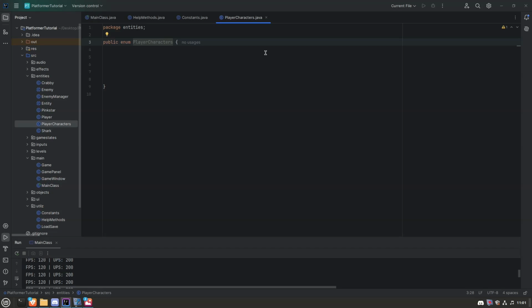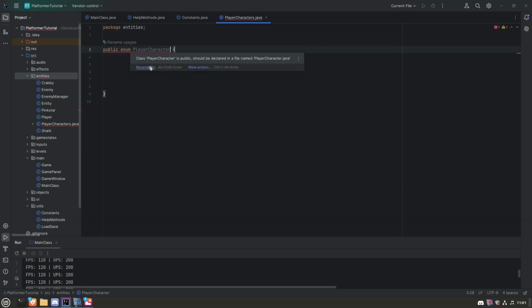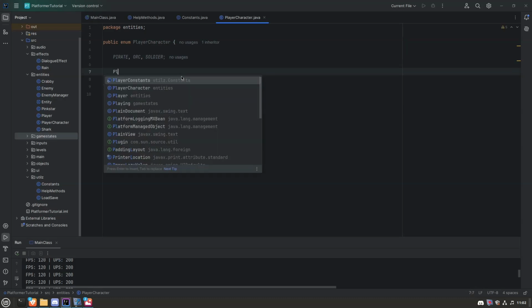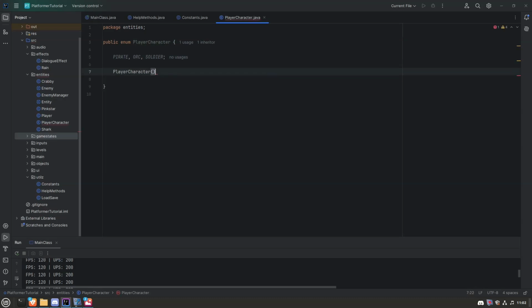So I think we're gonna remove the S there actually. Rename file. Player character. Yeah, that's good enough. So first we're gonna add the types. We're gonna have pirate, orc, soldier. And we need the constructor, player character. Now we're gonna add things here